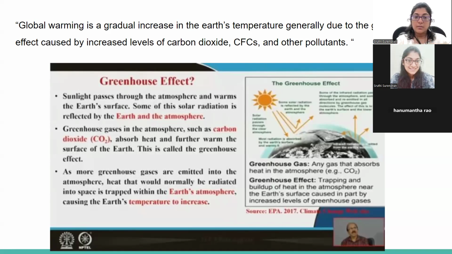But because of excessive usage of fossil fuels and vehicles, and a lot of other causes, there is an increase in greenhouse gases like carbon dioxide, CFCs, and other pollutants. What happens is the surplus increase of greenhouse gases in the atmosphere results in the earth being warmed up